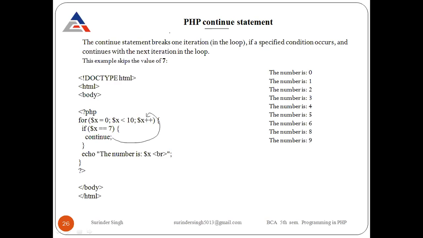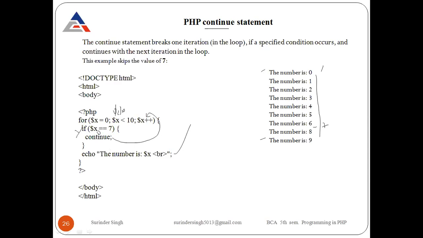Okay, like in this example, there are iterations from 0 to 9, which means 10 iterations, and here we have skipped the 7th iteration. Clear? First x is 0 and the condition 0 less than 10 is true, and here it will check if x equal to 7. x has 0, 0 is not equal to 7, so the if will not be executed and it will print this statement, 0. Similarly, after printing 0, it will increment x by 1, it will be 1, and then it will check